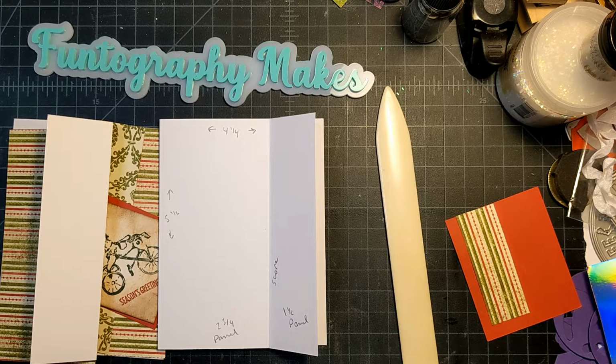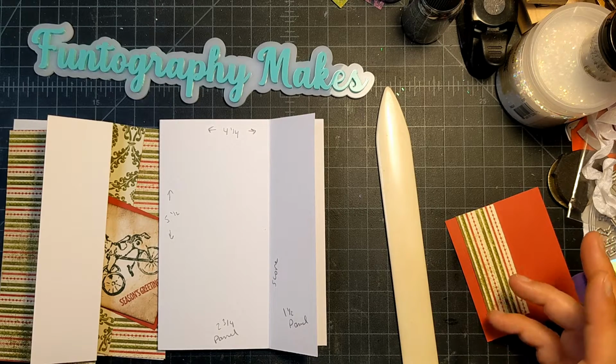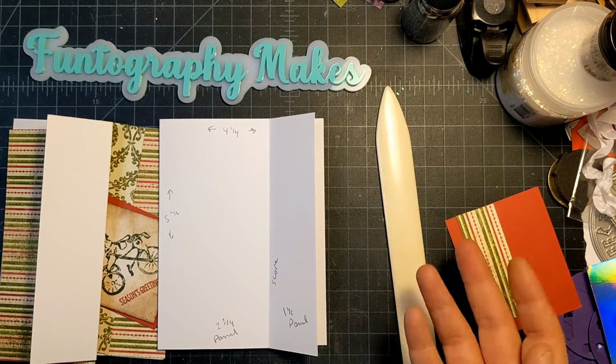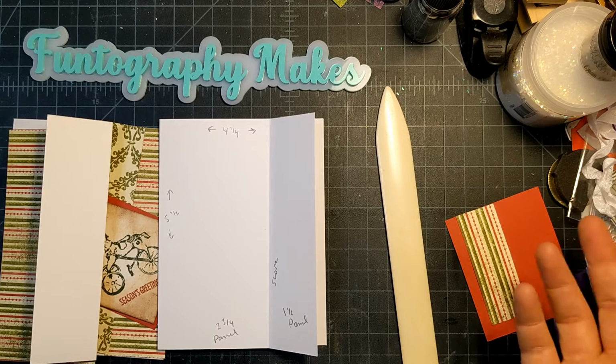Where you don't need a lot of equipment or fancy dies or anything to make a really fun decorative card. So I wanted to share this. This is something I discovered forever ago, I'm sure. I don't know where I found it, but I like the card design. I think it's fun. And like I said, it uses minimal things, and you can use anything to make a